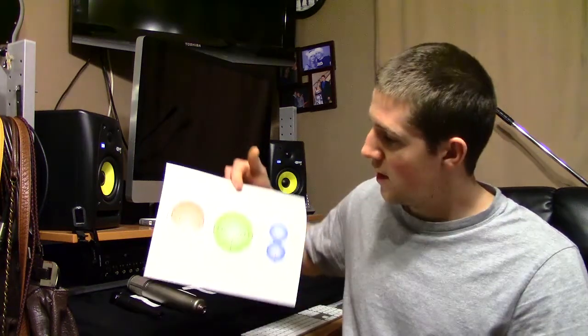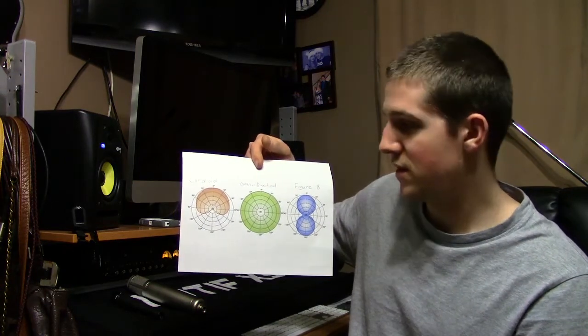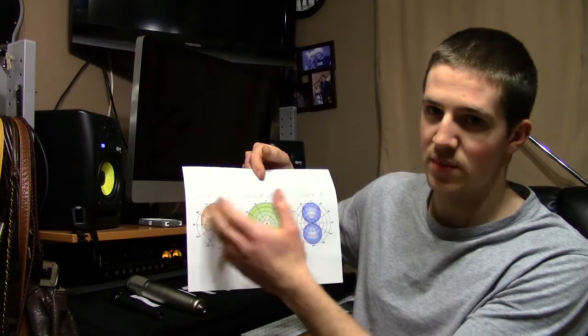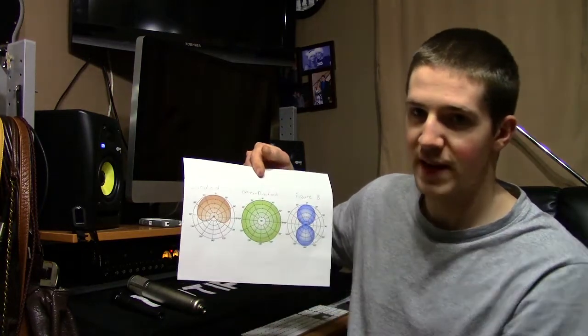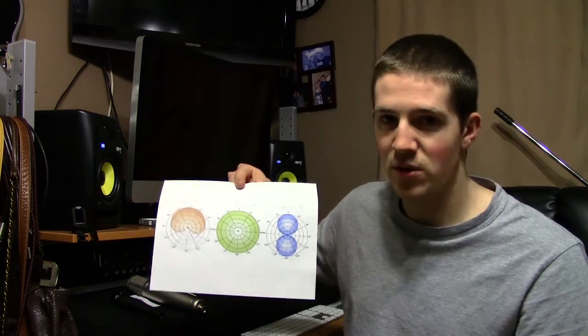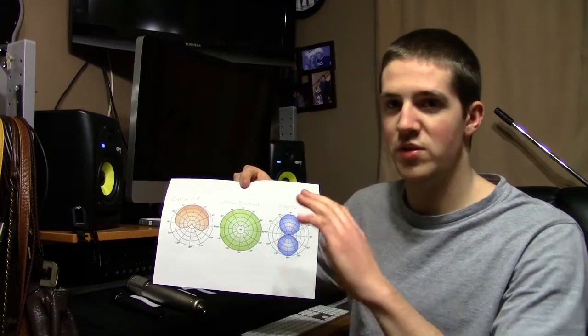So when choosing a microphone for recording vocals, I would recommend the cardioid pickup pattern as being the best, because it picks up sound from the front and a bit from the sides and rejects sounds from the back. So if you're standing in front of the microphone, that's exactly what you want. You want to pick up what's in front, which is going to be you, and reject sounds from the back